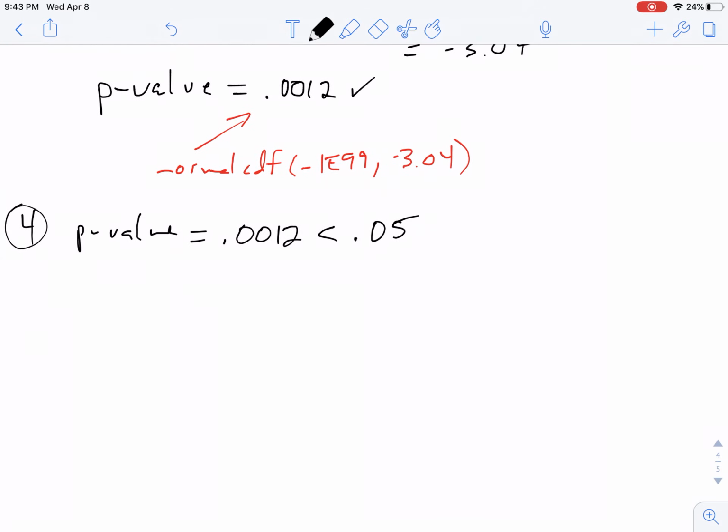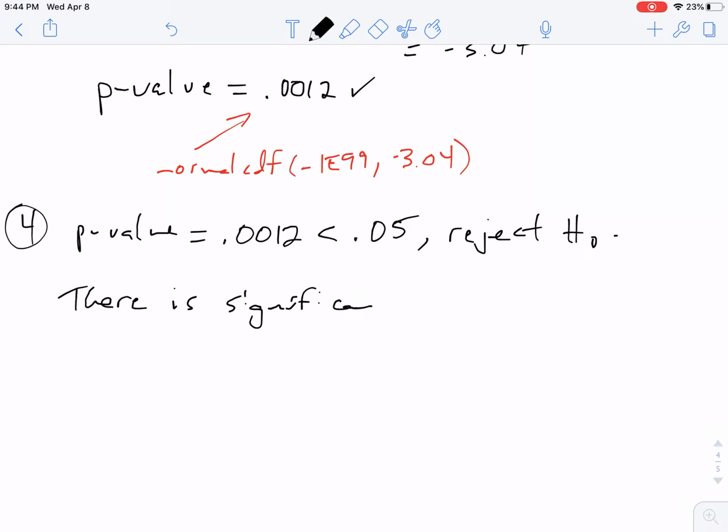So that's basically what we're going to write here. So that since the p-value is less than alpha, we are going to reject the null. So we can just write that out. And then what we want to do is write in context what that tells us about the problem. So what we can say then is that, and you want to just use this same wording I'm using here. So there is